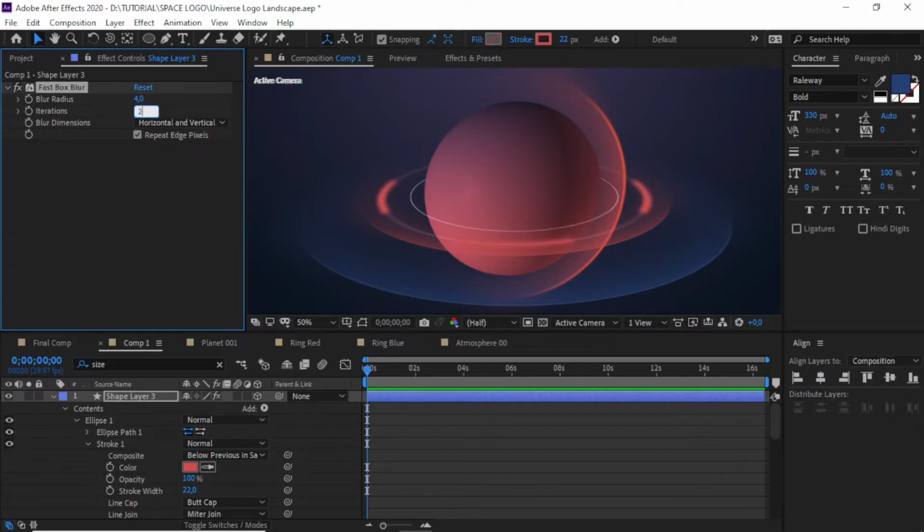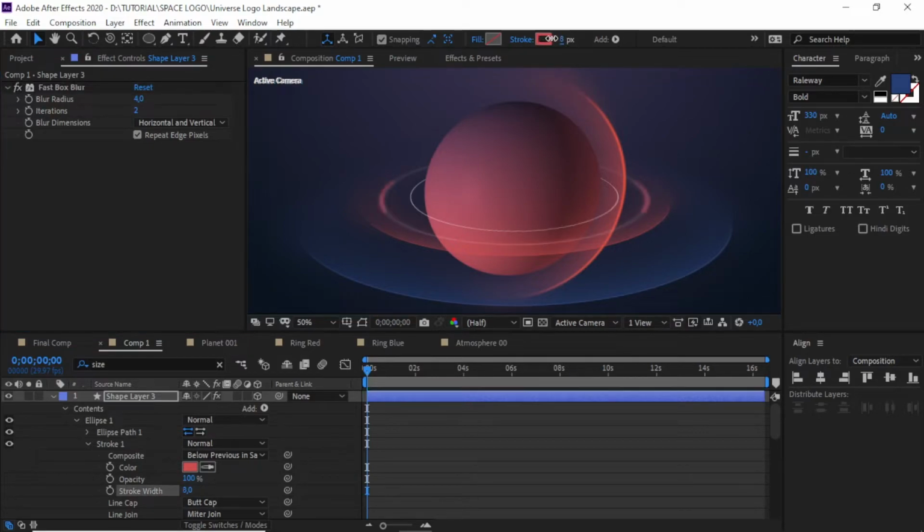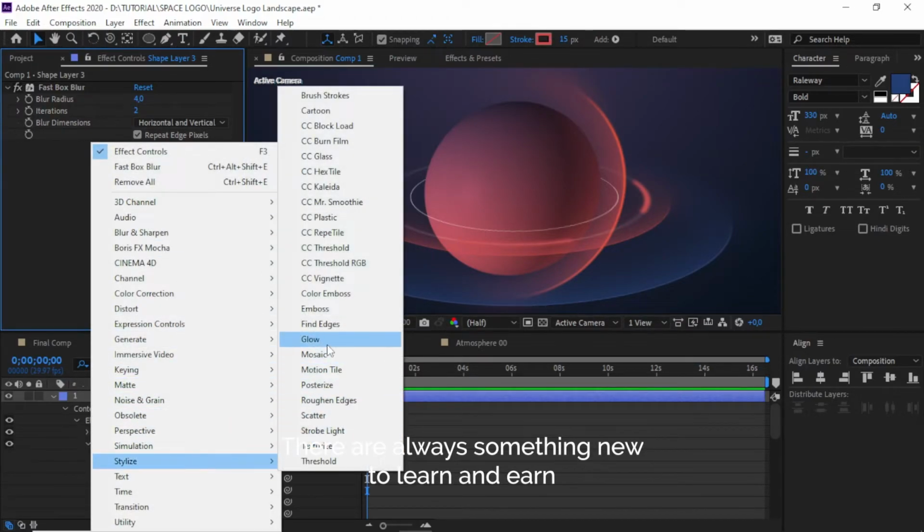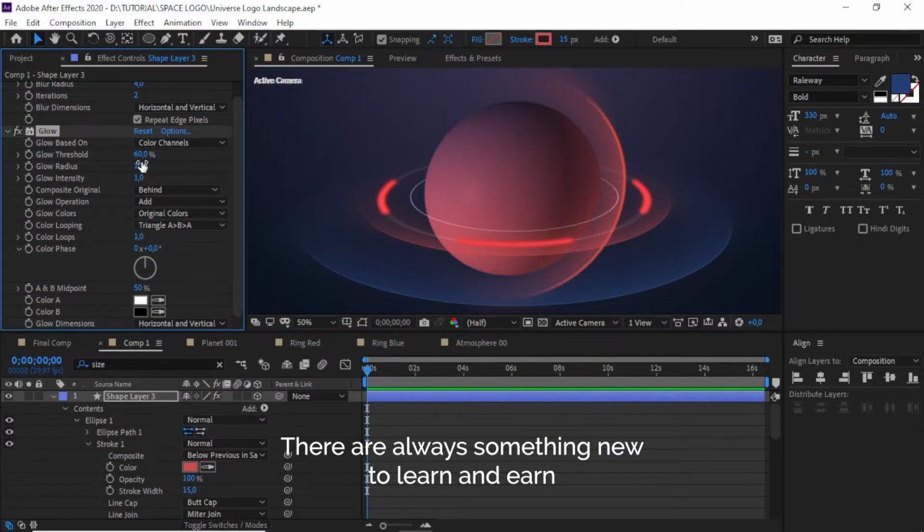Now 2, and the stroke width I'll create like this, and add a style and glow. Increase the glow number and intensity.